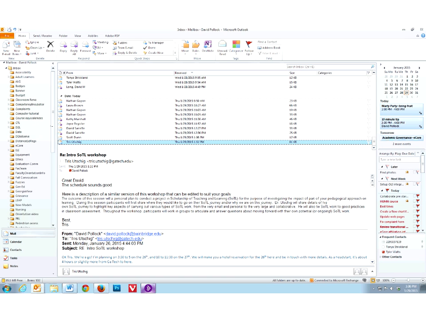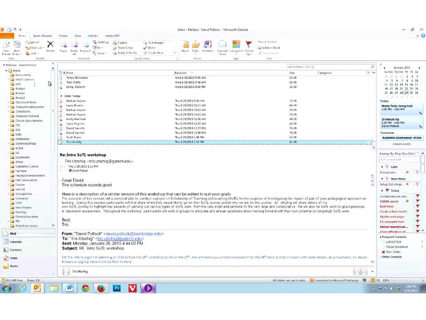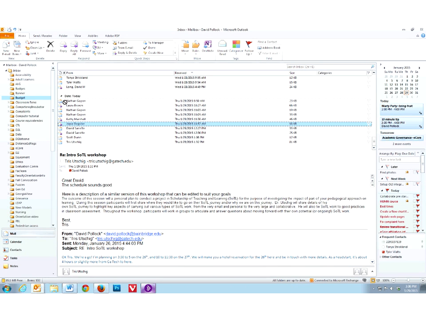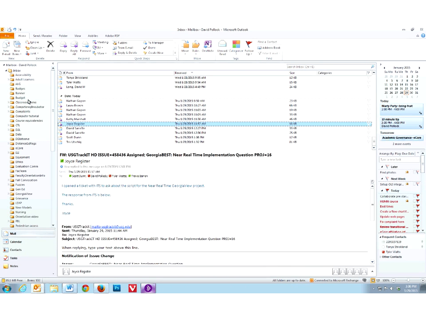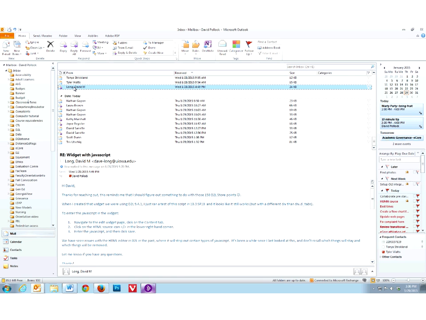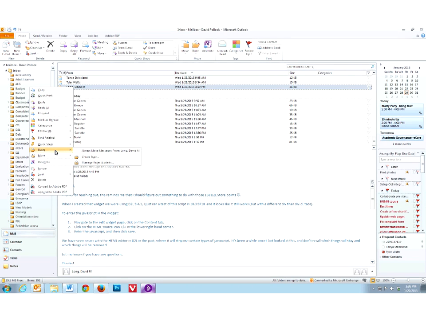A couple of other things with Outlook that I think not everybody knows is you can create folders, and you see I have a zillion of them over here on the left, but I have folders that I keep emails related to different topics in, and you just click and drag an email over to the folder if you want to. But the other thing that you can do that's really interesting is, we'll click this one here, if you right-click on the email and go down to Rules and Create Rule,